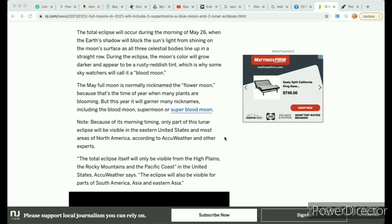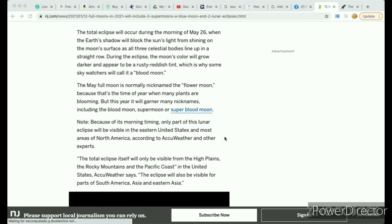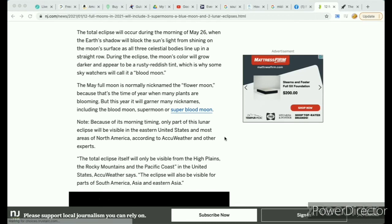During the eclipse, the moon's color will grow darker and appear to be a rusty reddish tint, which is why some sky watchers will call it a blood moon. The blood moon rises, friends. Get your voodoo dolls. The May full moon is normally nicknamed the flower moon because that's the time of year